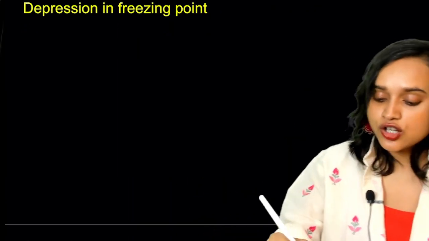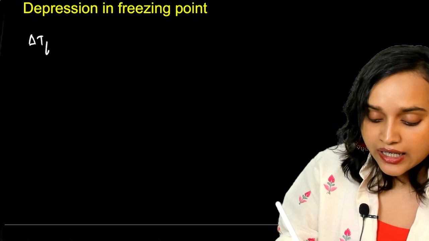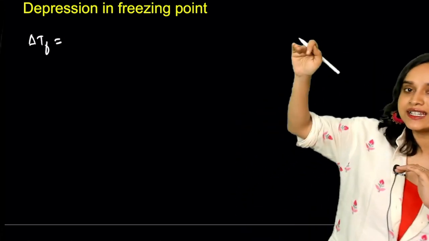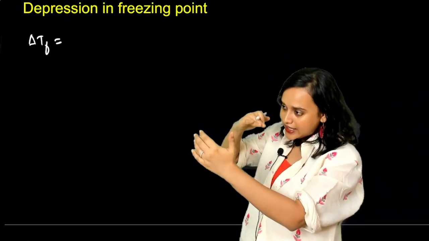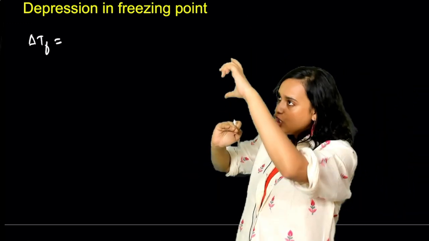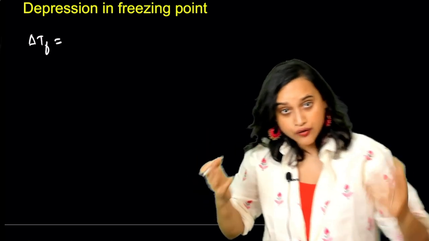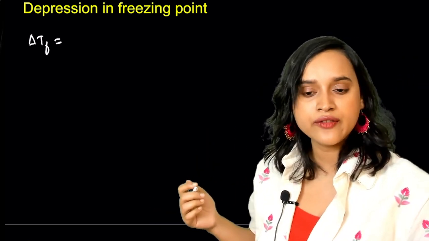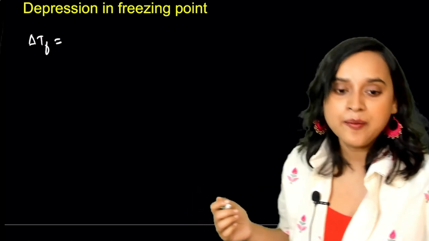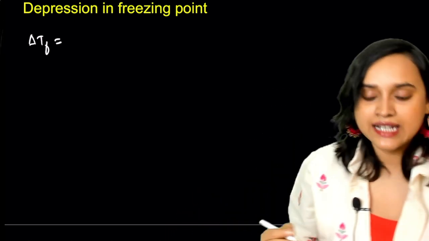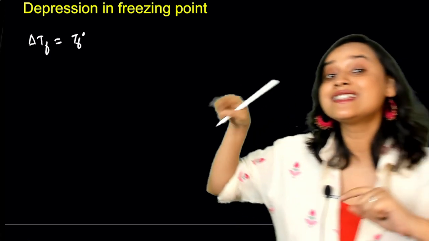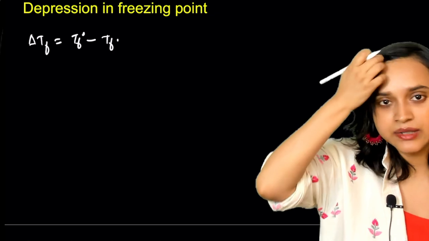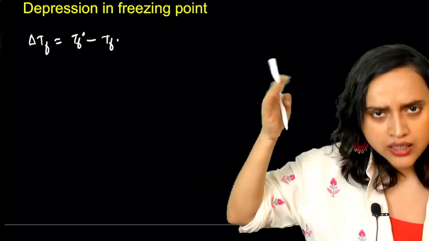Absolutely similar to this, we can also do depression in freezing point. So you know delta TF is going to be what? Now you know that it was freezing at a certain point. After you have added a solute, now it is freezing at this temperature. So the difference between these two is going to give you the depression in freezing point. Correct? Yes or no, everybody? Exactly. Absolutely. Okay. So that means, can I write it as TF naught, because this temperature is higher, right? And after that, now it is freezing at a lower temperature.